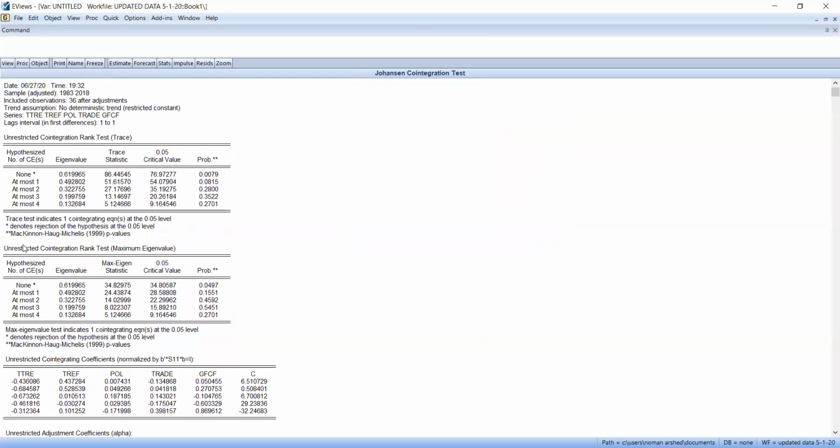So here my first test is saying that there is one cointegration equation. How is it confirmed? Because the first line is significant, which means the cointegration is more than 0, and the second line is insignificant, which means that the cointegration equation is not more than 1. So let me write it here. First line is showing significance and second line is showing insignificance,